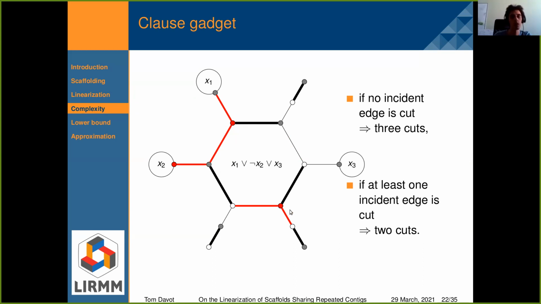I also have to add another cut here to clean the last matching edge. That means that if my clause is satisfied, I just need 2 cuts in it, and if my clause is unsatisfied, I will need 3 cuts in it. That's the behavior I want for my clause gadget.